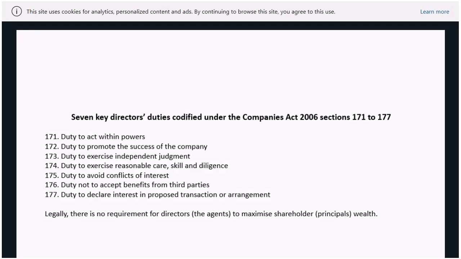It's worth bearing that in mind. This isn't in any of the sessions, but I think it's well worth having a look at the legal framework that underpins the directors, i.e., the agents, and it's worth getting in if you can. It doesn't actually say anywhere in the legal framework that one of the duties of the directors is to maximise shareholders' wealth. You could argue that promoting the success of the company falls under that, but there's a good argument to say it isn't. That could be all sorts of things. But I just thought I'd chuck that in because it's quite interesting that the maximising shareholder wealth bit isn't in there.